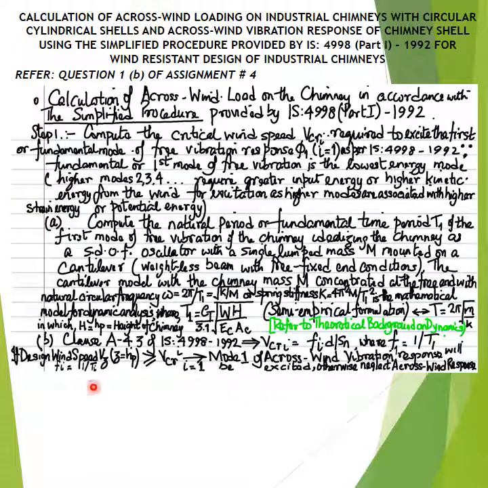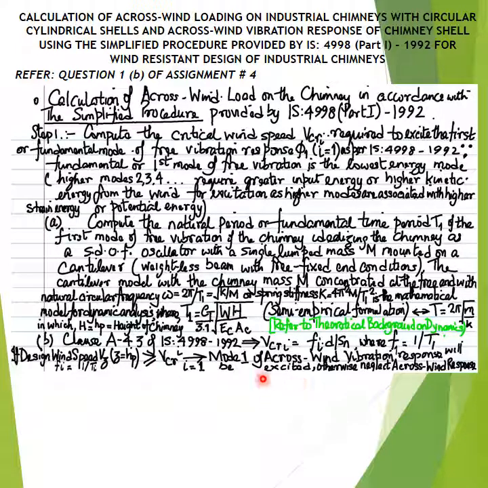Otherwise, that is, in case the design wind speed Vz at the site of construction of the chimney at height Z equal to the physical height of the chimney as given by IS 875 part 3 is less than the critical wind speed VCR1 that is required to excite the first or the fundamental mode of free vibration response I equal to 1 of the industrial chimney structure, then a crosswind vibration response of the chimney structure will not be excited or activated, and hence the crosswind response may be neglected,